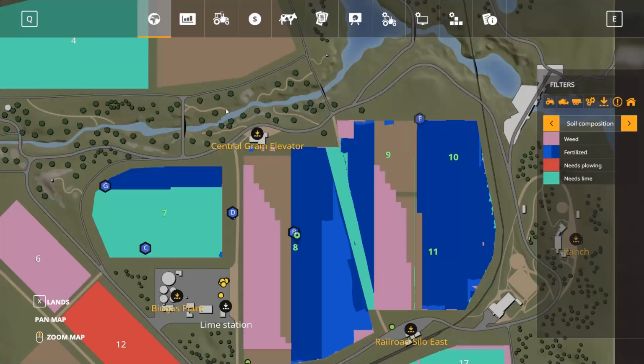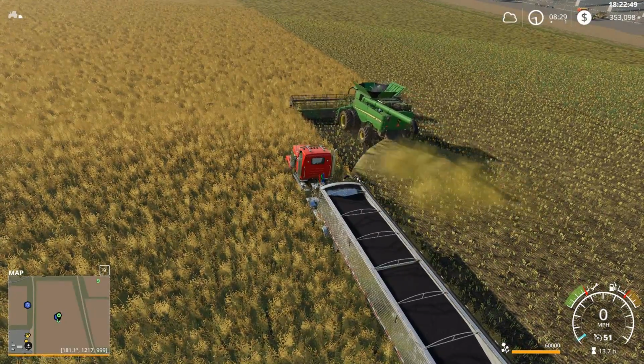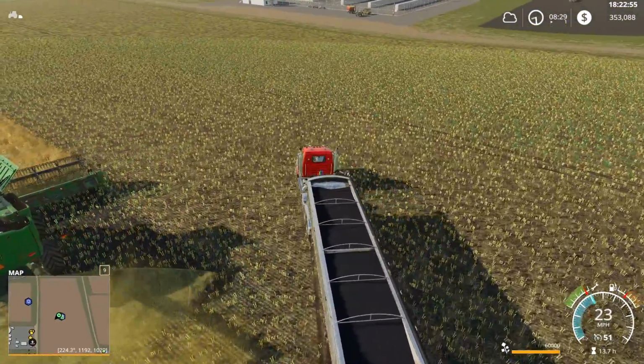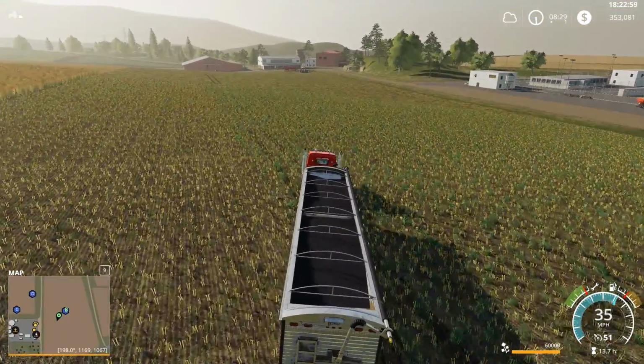Okay, there we go, and let's see. Still at the restaurant for canola. Yep, still at the restaurant. Mark was also saying you can use the wheel loader and silage fork to move cotton bales, so yeah, good to know there. Also, looking at the time here, it looks like it is time to